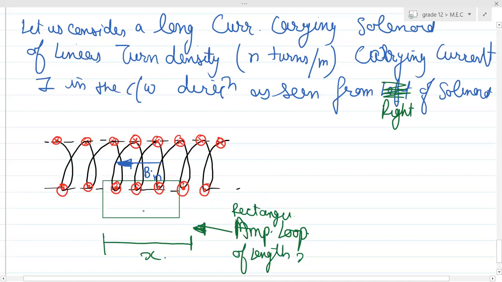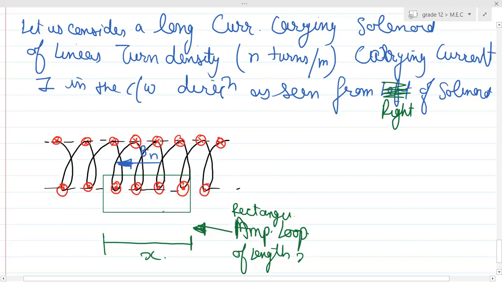Shall I make the loop a little bit bigger? Is it fine? So basically, this is your loop. Can you see only some part of it is inside and some part is outside? Let me choose a direction for this loop. Guys, tell me any direction. Shall I choose clockwise or anti-clockwise?